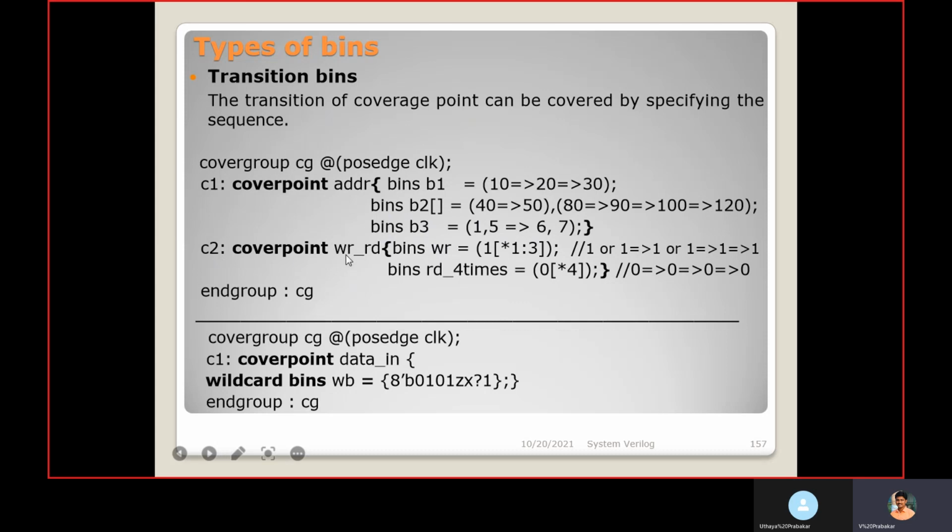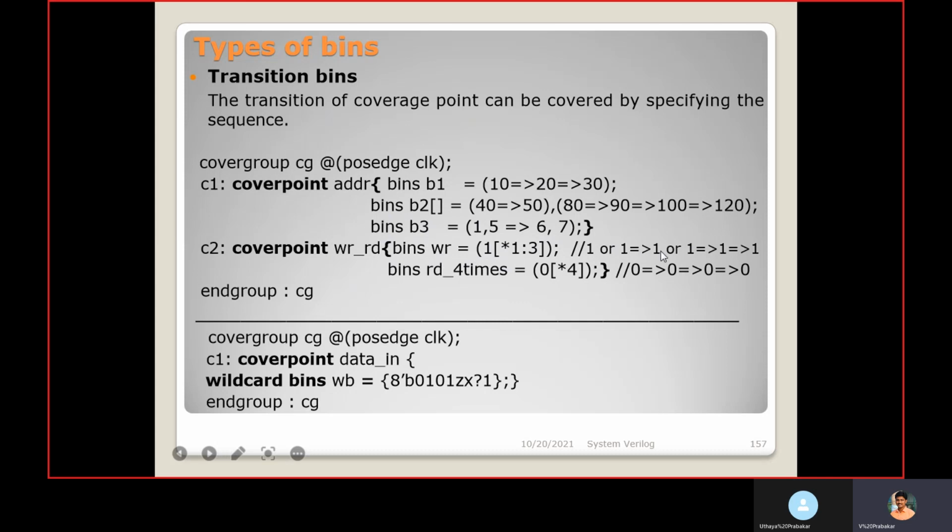Then another cover point we mentioned for write and read. When write happens, if you mention like this, the write value should be 1, repeated within the range 1 to 3. One time, or 1 and again at the next passage of clock if it is 1, then this will get a hit.